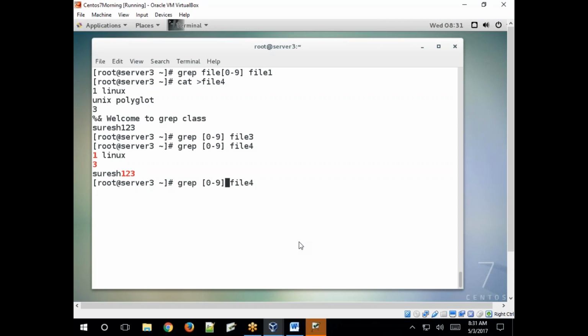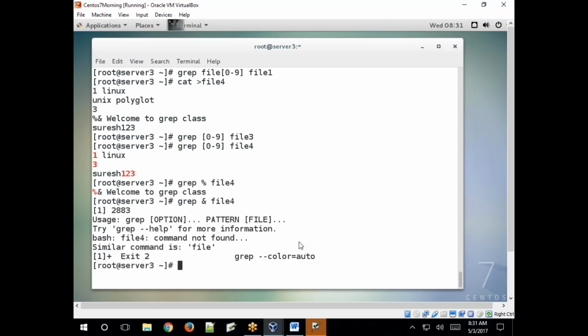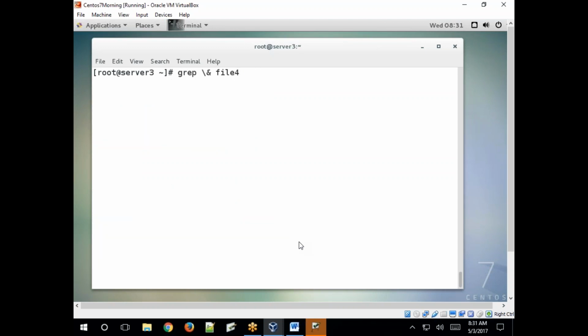If you specify the percent symbol, it searches for it as a special character and reads it as an operator. Now specify an escape character, then it returns the result. Without the escape character, it reads it as an operator, so protect the special character using an escape character.